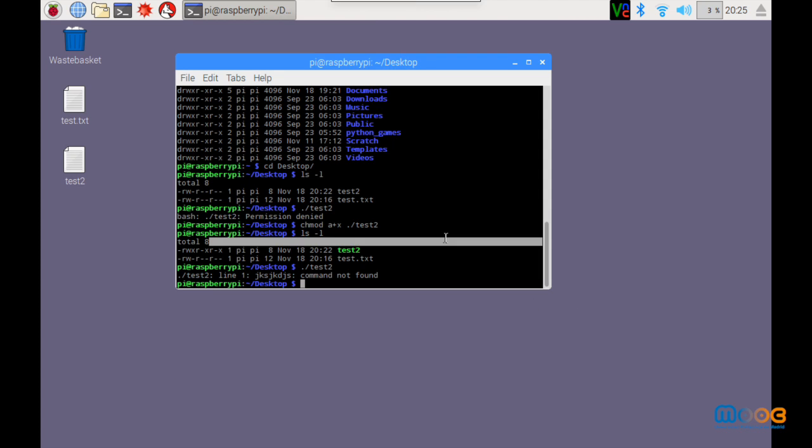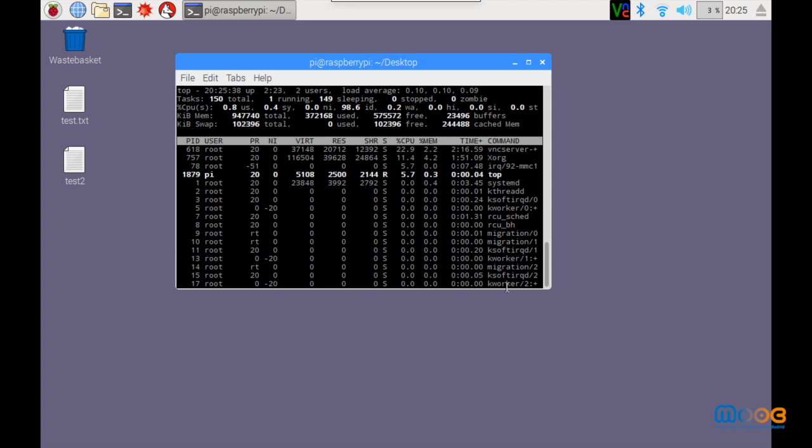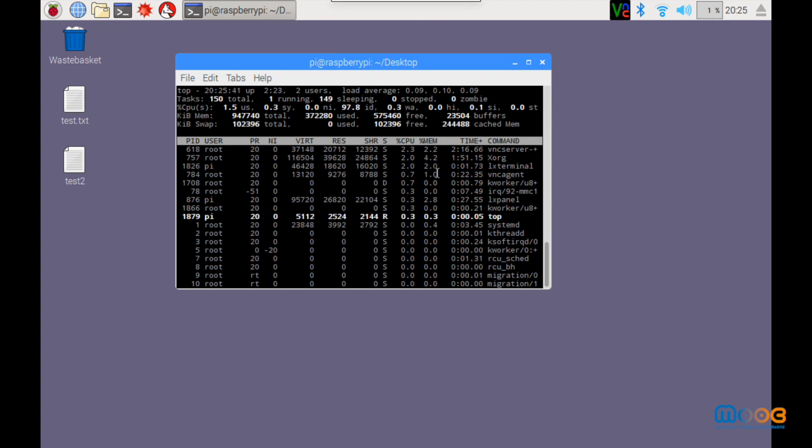Okay, we can clear this. So right now we have two processes, bash and ps, running in our system. ps provides information about our currently running processes, I mean the processes in our session. If you want to see all running processes, including the system ones, you can also use the top command. You have here all running processes and how they are changing in real time. Press Q to exit.